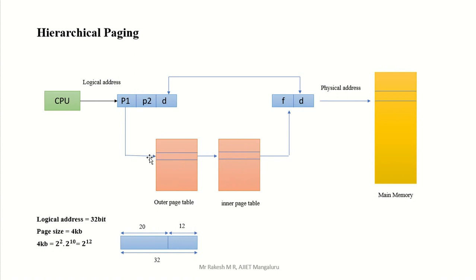That particular page is searched in your page table. Now in that particular page number we are going to get some address, or some number, that is sent to another page table. The address sent by the outer page table, that means inside this we have one address, that address is sent to another page table.